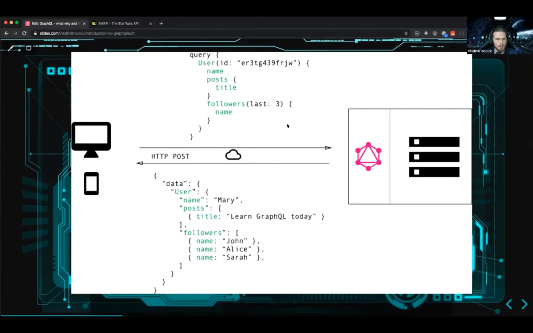The main thing of GraphQL is that on the client I define what data I want to get, and the server will return the exact shape of data that I requested. So whatever I requested, I will get exactly the same. There won't be undefined, there won't be nulls, there won't be non-existing keys and so on, because it simply cannot happen using GraphQL.